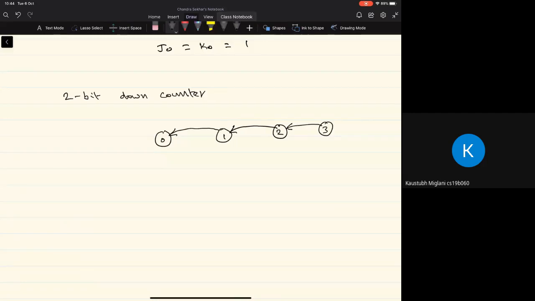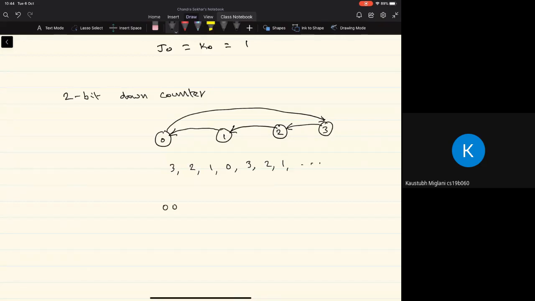So what should happen when I'm in the count value of 0? Again, by definition, it will go to 3, right? So what is the count sequence here? If I'm in 3, it will go to 2. If I'm in 2, I'll go to 1. If the current value is 1, it will go to 0. When I'm in 0, the next value will be 3, then 2 and 1. So again, it's a modulo 4 counter, but it's a down counter, right?